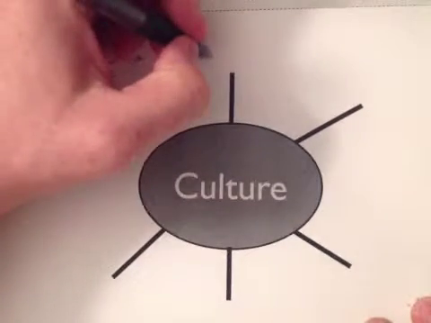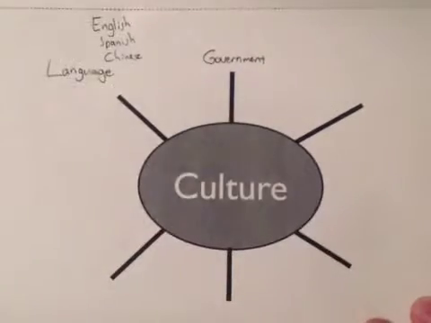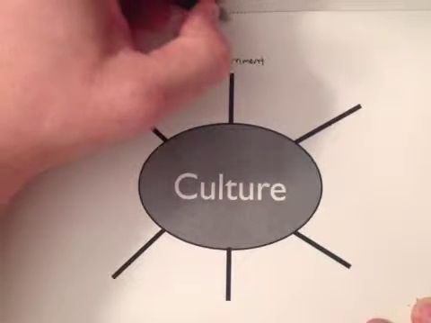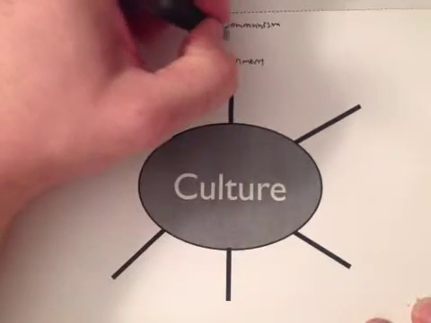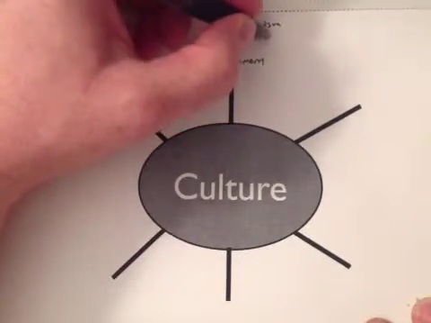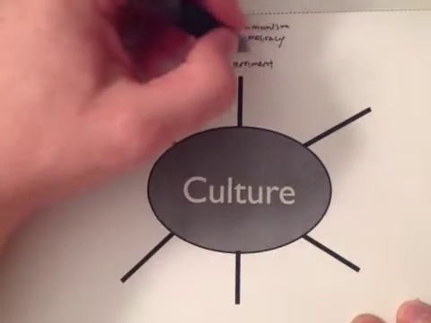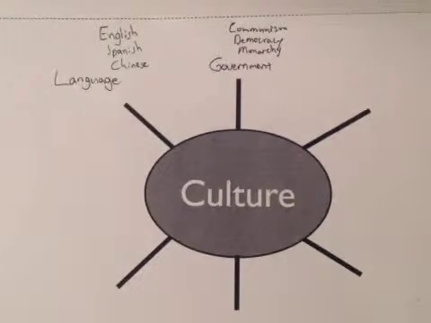Another aspect of culture that we're going to look at is government. I know we've just spent the last couple of days talking about government, but government is still one of the most important parts of a culture. It's different everywhere. Some aspects that we're going to look at are communism and democracy, and those are going to be the two main ones. The other one that we may spend a little bit of time on throughout the year is monarchy. So these are two aspects of culture so far, language and government, and some examples that go with them.